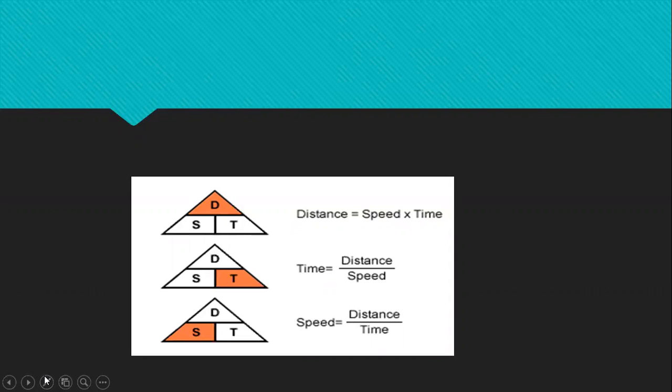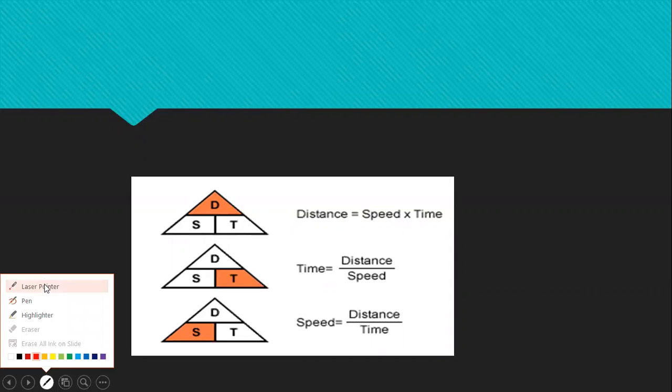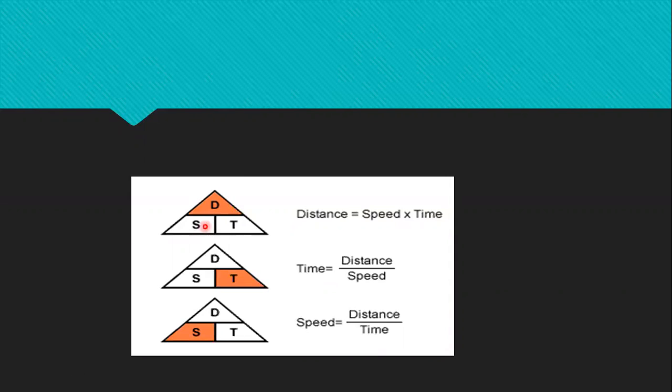The only thing you're supposed to master is that distance is where you multiply, so it should be at the top here. Anytime you want to find the distance, you multiply speed times time. That is why we have placed these down here. But anytime you want to find time or speed, you divide. So it's distance divided by time, or distance divided by speed. So just note that